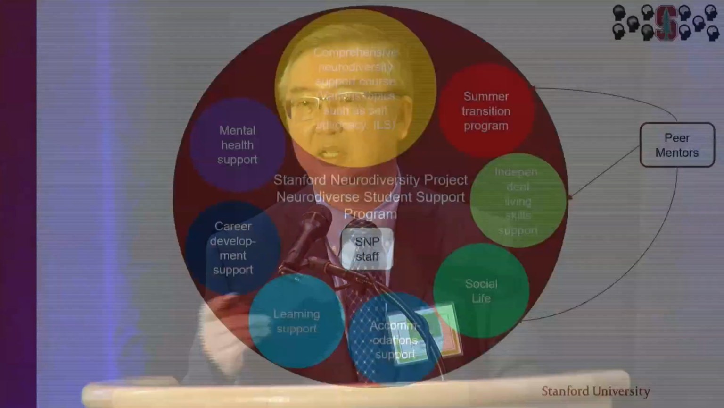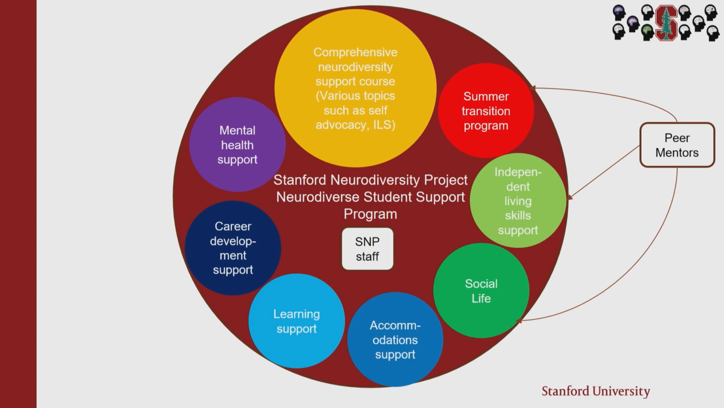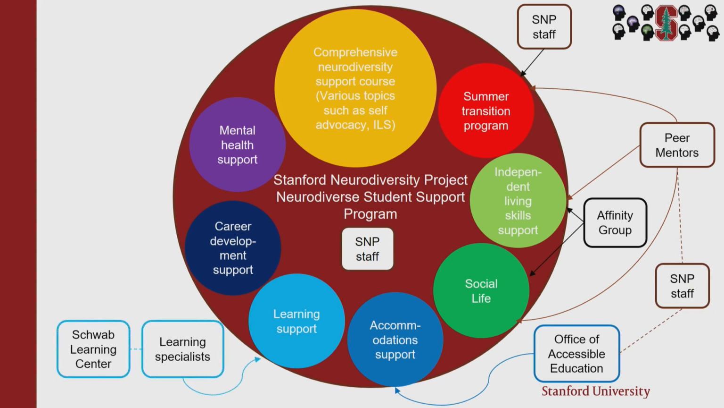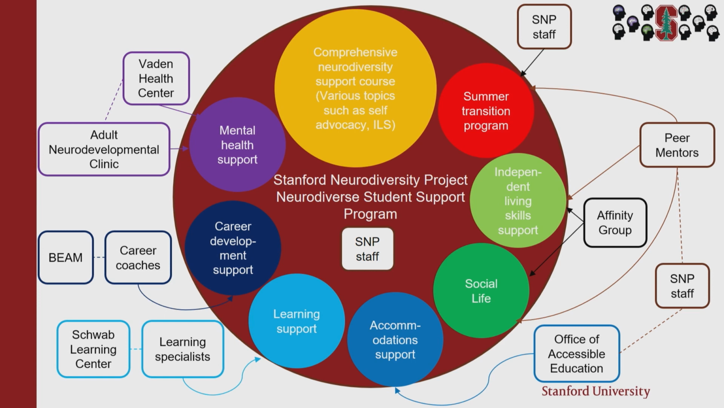What we are planning on doing is to provide a curriculum to train peer mentors to help the students directly, and we have staff from the Stanford Neurodiversity Project monitoring. We are forming an affinity group to help with social life, and we collaborate with the Office of Accessible Education for accommodations, with Nicole and the rest of the SLC for learning support, with the Career Center at Stanford for career development, and I collaborate with the Vaden Health Center for